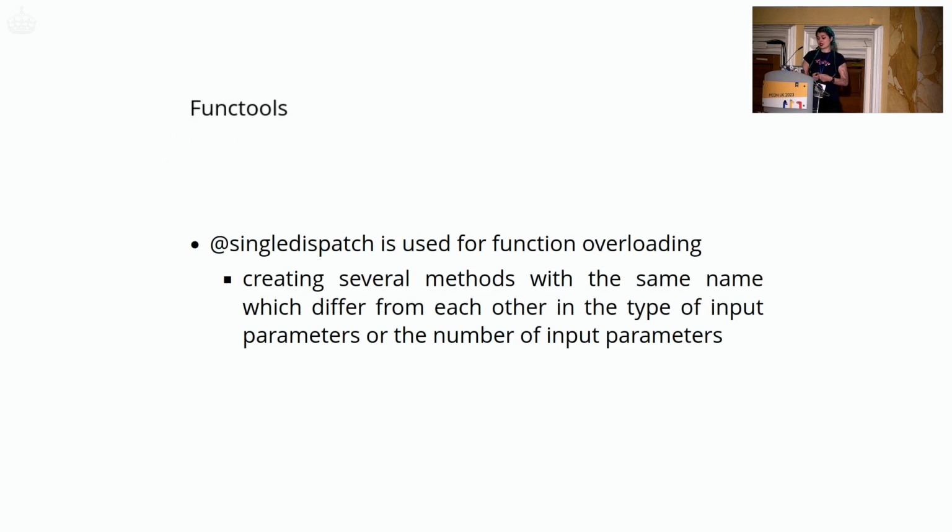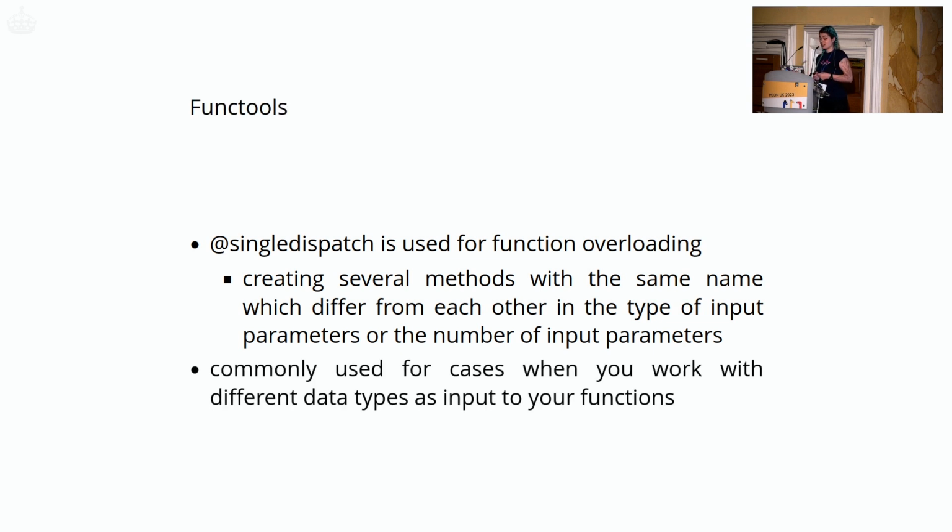So the single dispatch decorator is used for function overloading. Function overloading means creating several methods with the same name which differ from each other in the type of input parameters or the number of input parameters. And it's commonly used in cases where you work with different data types as inputs to your functions and you don't know what kind of data types your inputs are. So for example, you're parsing data from some file and you don't know if there would be integers or